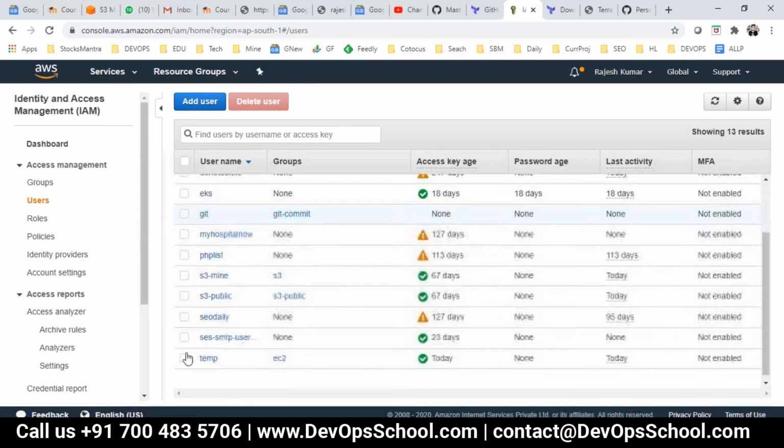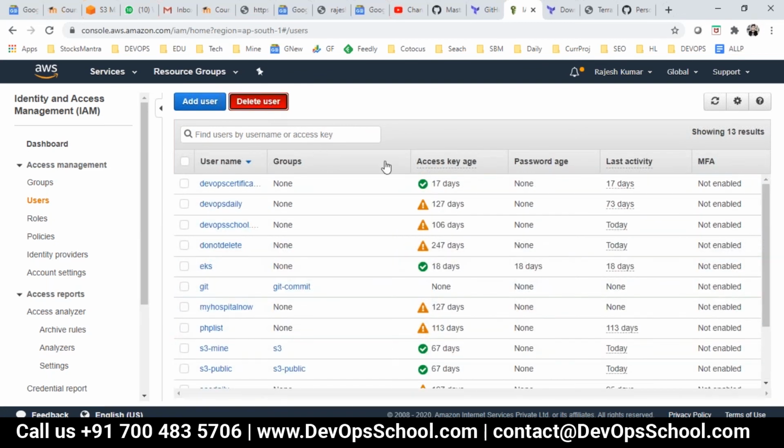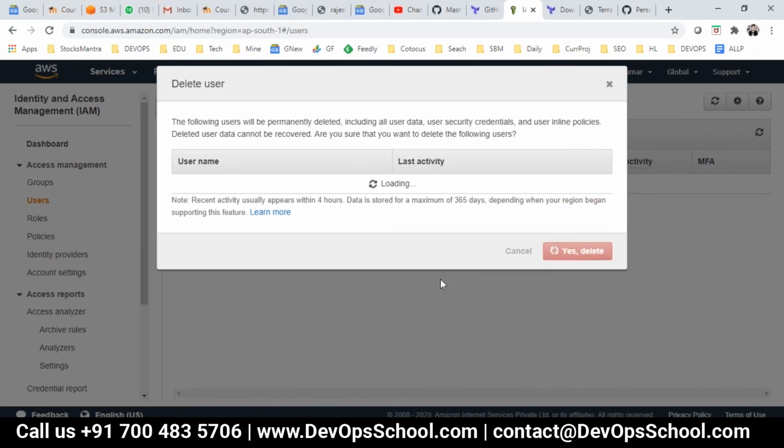And there is a temp user, and deleting that user. Done. Okay guys, so this is the way you can automate.